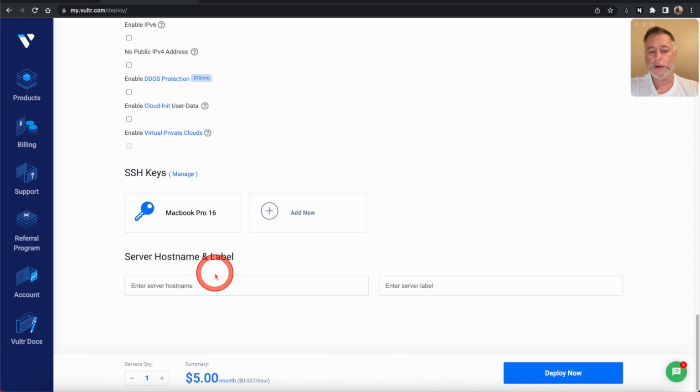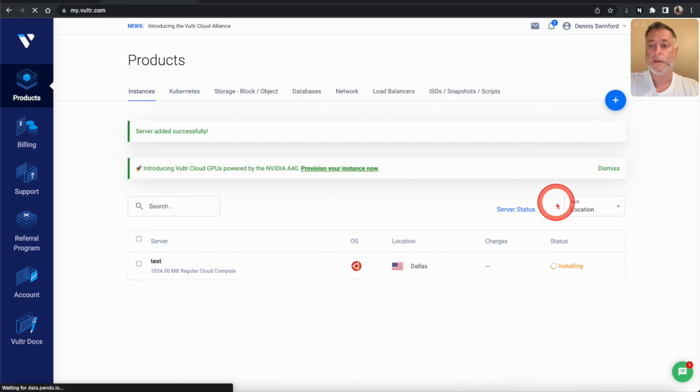And also give it a host name and label if you choose to do so, or you can leave it alone and it just says cloud instance. I'll put test on this. And then we're going to come down and hit deploy now. Now, it usually takes just a couple minutes to install. And once it gets to install, you're going to see this spinning little yellow turn to green and